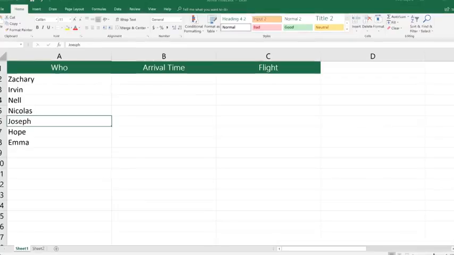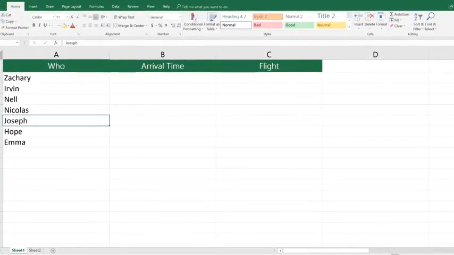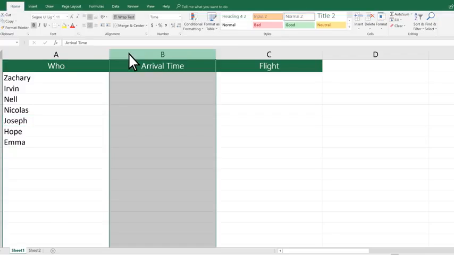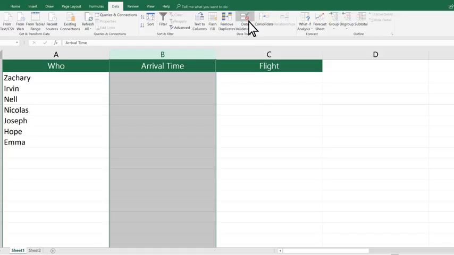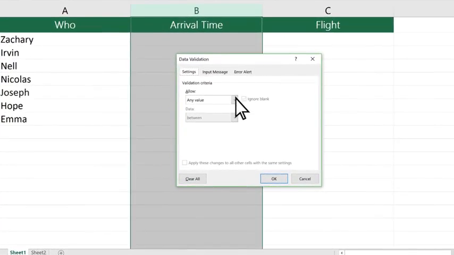Sometimes you want to control the data other people enter. That's when you need data validation. Select the cells you want to limit, then Data, Data Validation. There are several controls. You can make sure just numbers are added or a particular text length, like for a